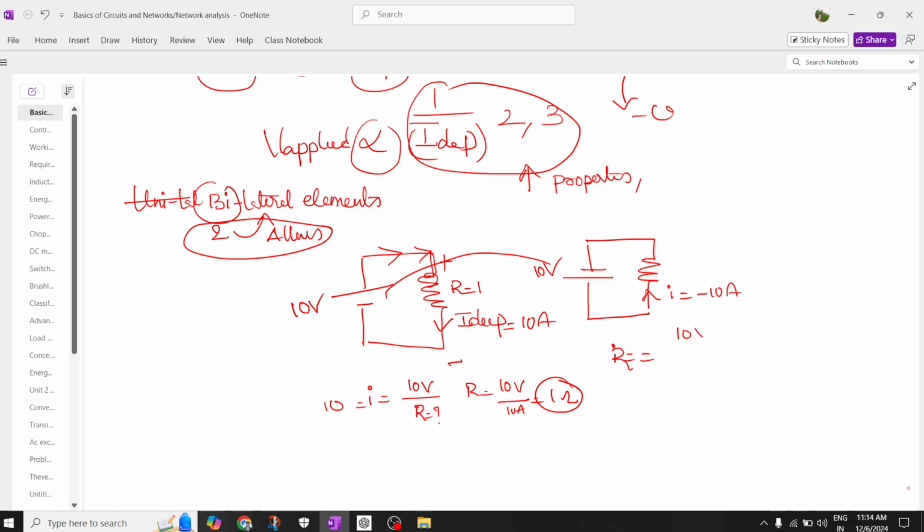Therefore the relation we are going to have is R is equal to V by I. What is the voltage? 10 volts by a current of 10 amperes. Okay, so how much resistance are you going to get? Minus 1 ohm, which says that